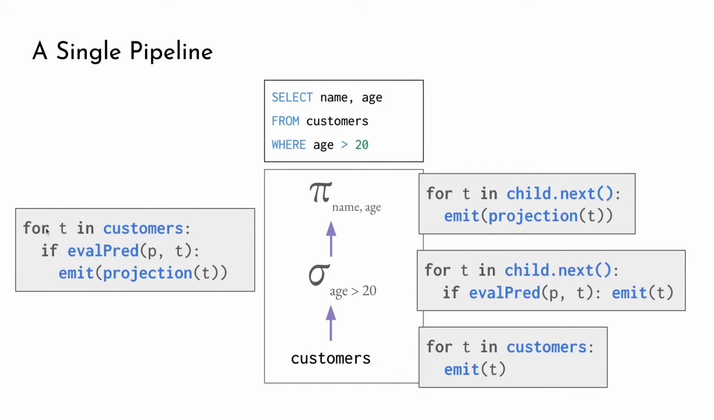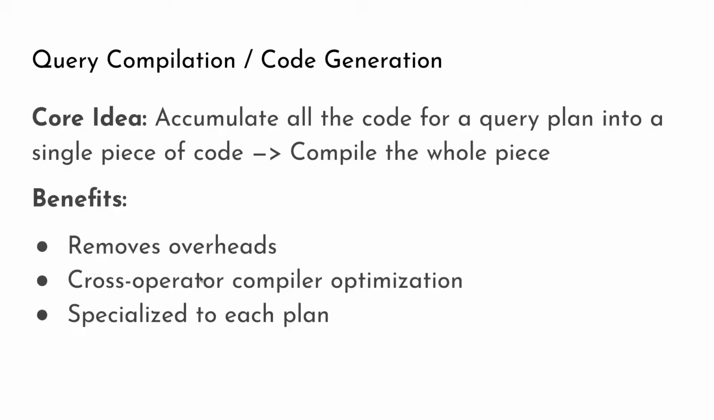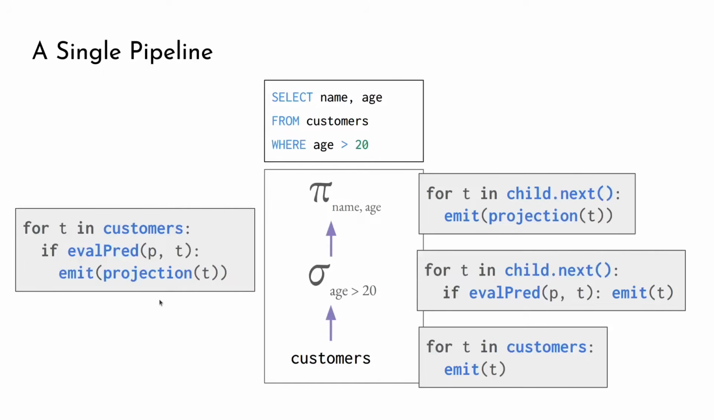So for example, I can just say, okay, just loop through all the tuples in customers. If a tuple passes the predicate, just emit the projection of that tuple. So this is kind of our goal. This is where we want to get at, and hopefully the benefits should already be obvious. Now we just have much less overheads. We don't have all these child next calls and all this monstrosity, right, that looks kind of terrible from a